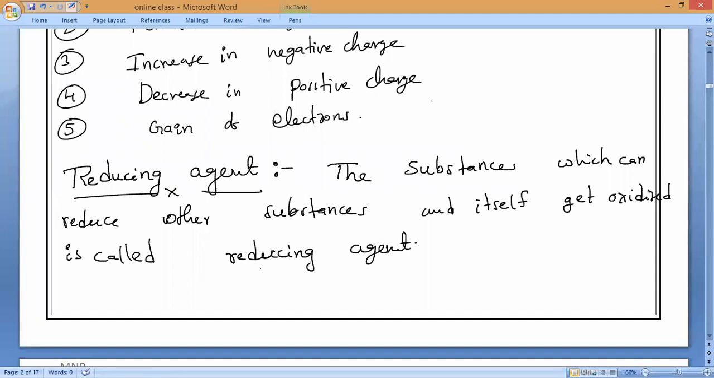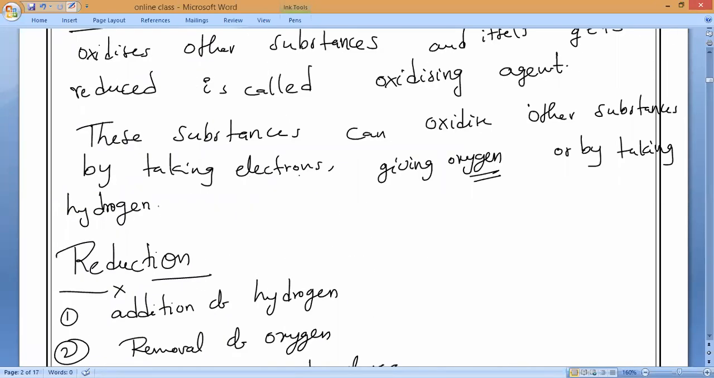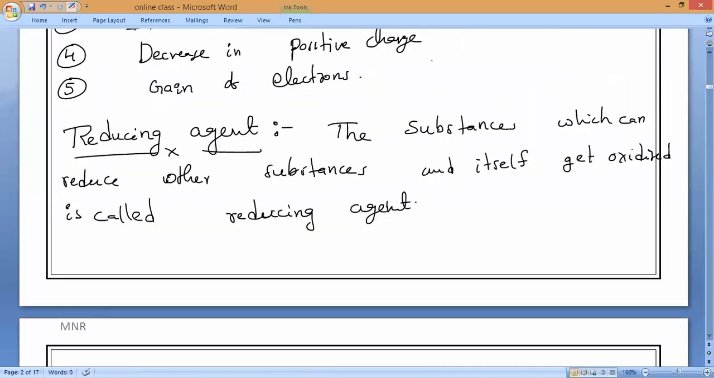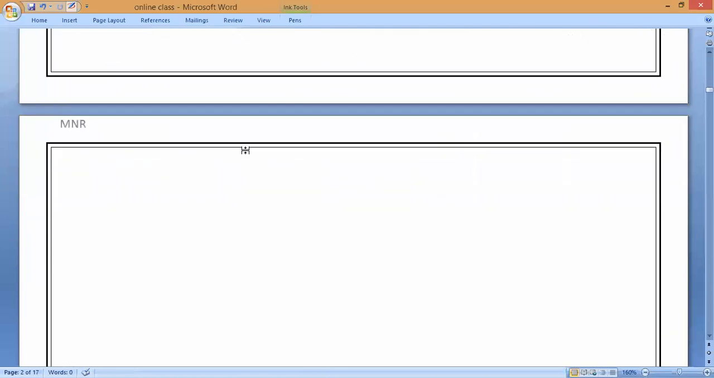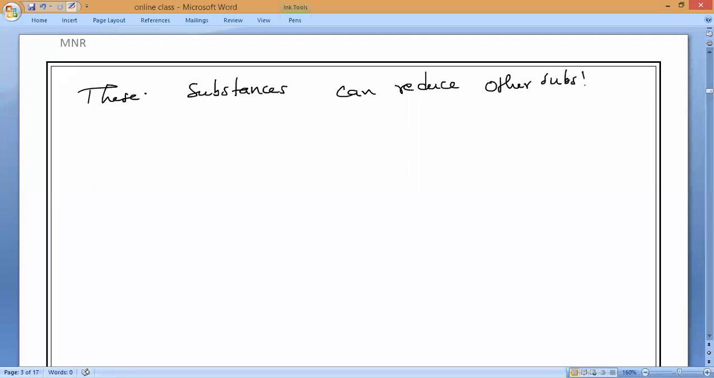Now you tell me what is happening here. By taking electrons, what will happen, guys? Reducing agent means by giving electrons. Do you understand? So these substances can reduce other substances by giving electrons,